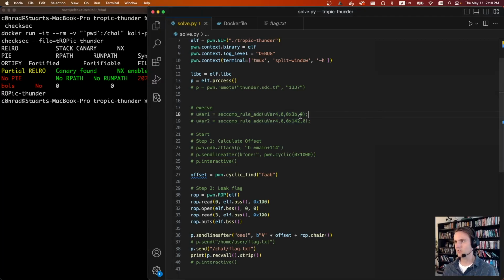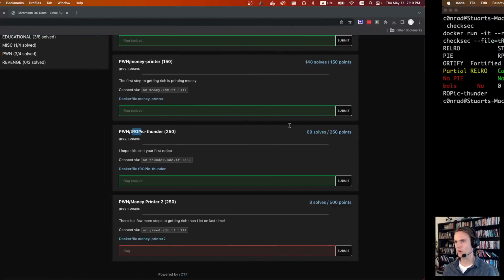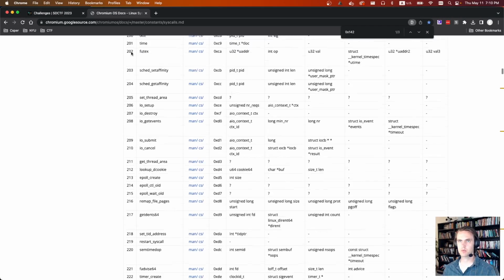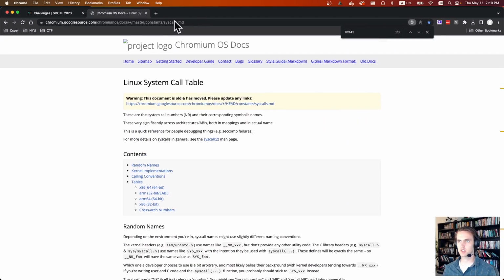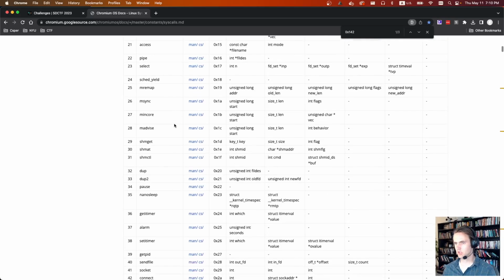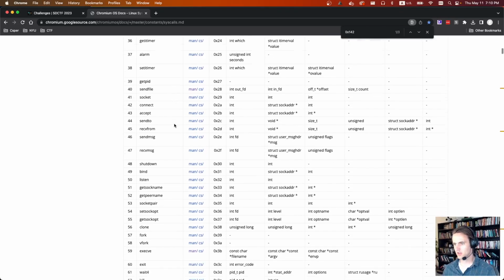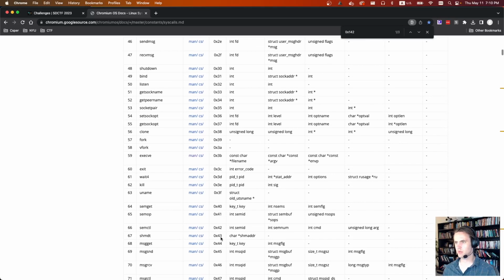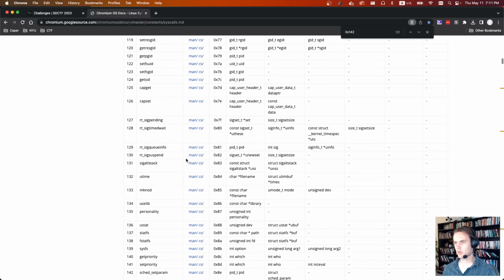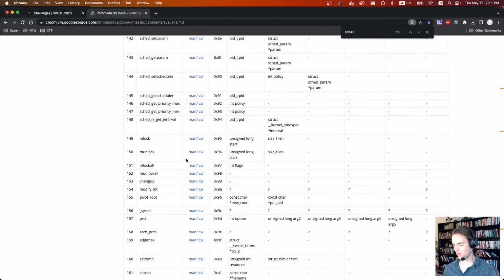And let's take a look at the syscalls. So we get 0x3B and 0x142. So this is the website I use. It's Chromium Google source, and it has all the syscalls in a nice clean table. So we're looking for 3B. If we scroll down, this is syscall 3B right here, and we can see it's execve. And then if we look at the other one, what is it? 0x142,